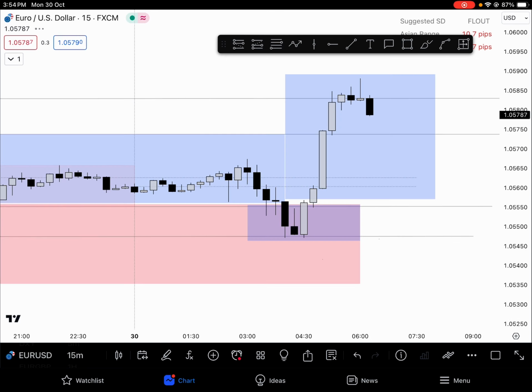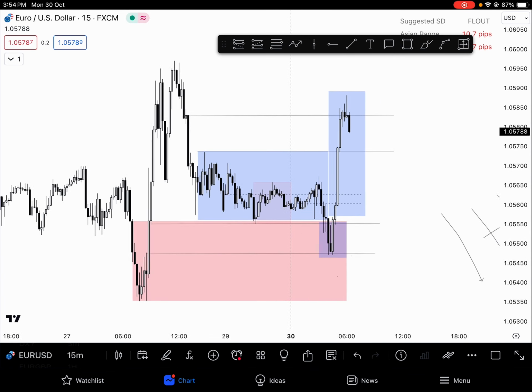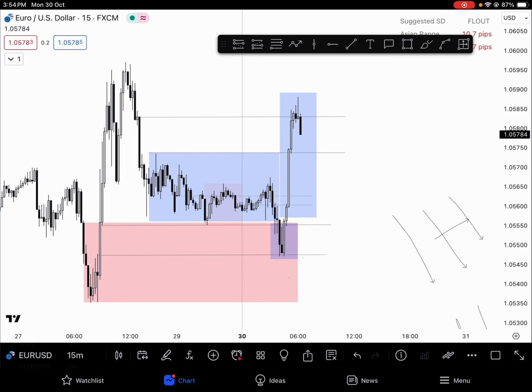So we have a high probability order block, we have a high probability fair value gap aligning with the weekly profile, as I said just now. So everything is aligned today. As today is Monday, we can anticipate the Judas swing of the week to form on Monday. In this way I have framed this trade idea.